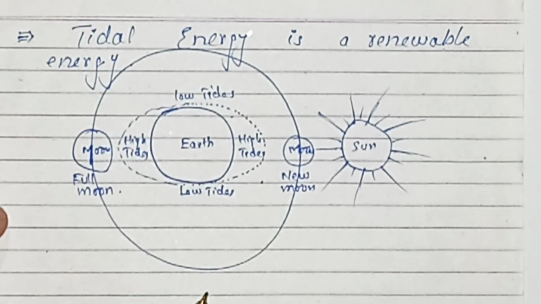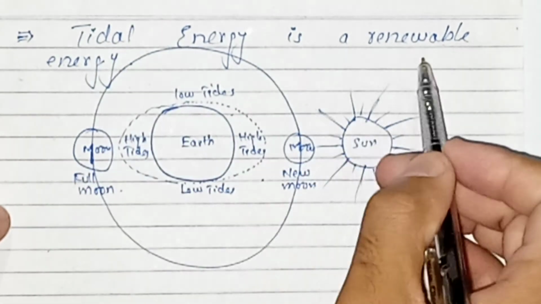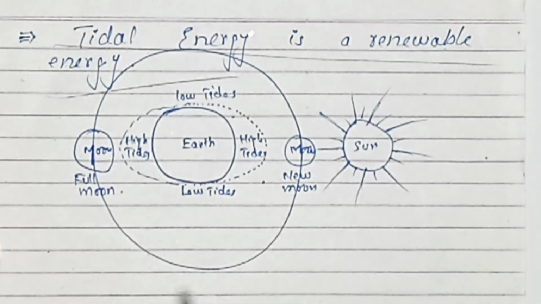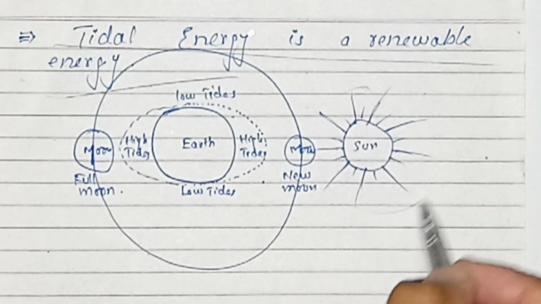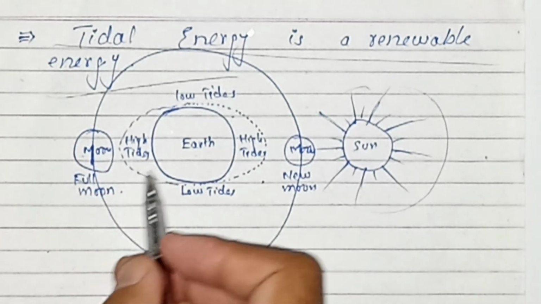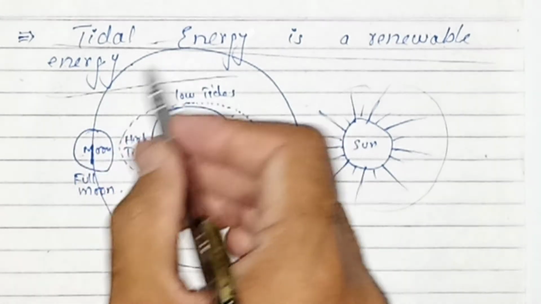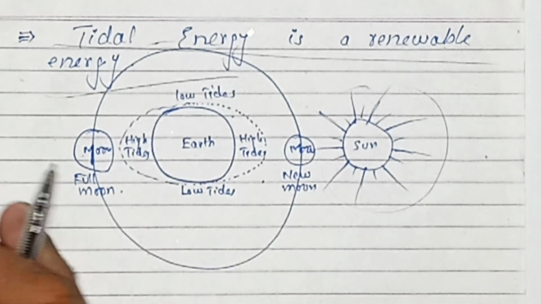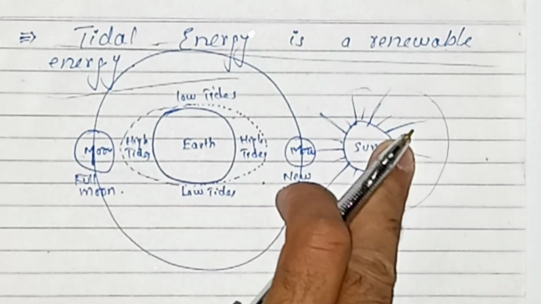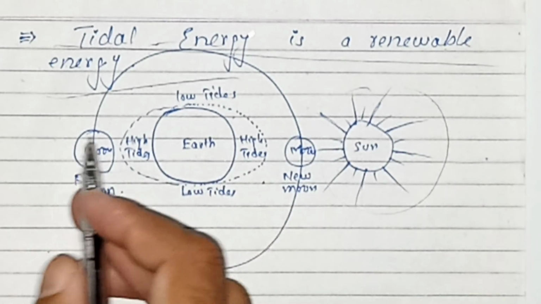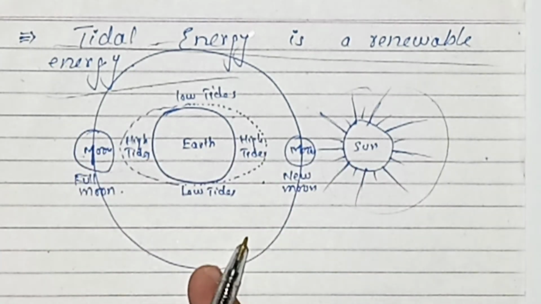One of the great advantages of tidal energy is that it is renewable energy. This is the diagram of tidal energy. This is the sun, this is the moon, this is the rotation of the moon, this is the earth. When the moon and the sun are exactly parallel, when the earth, moon and sun are all in one line,